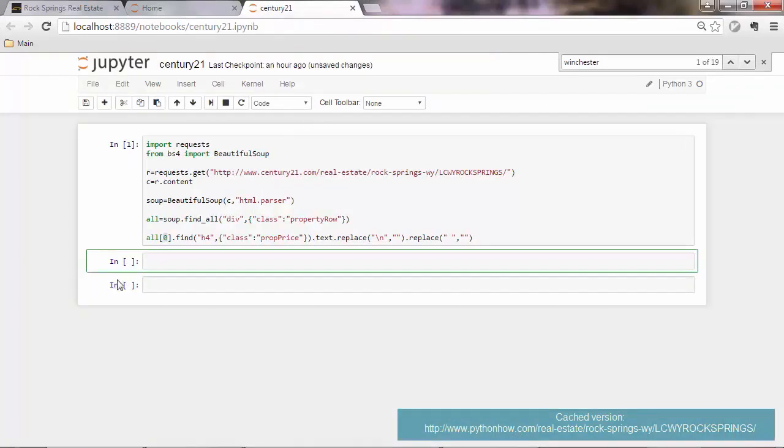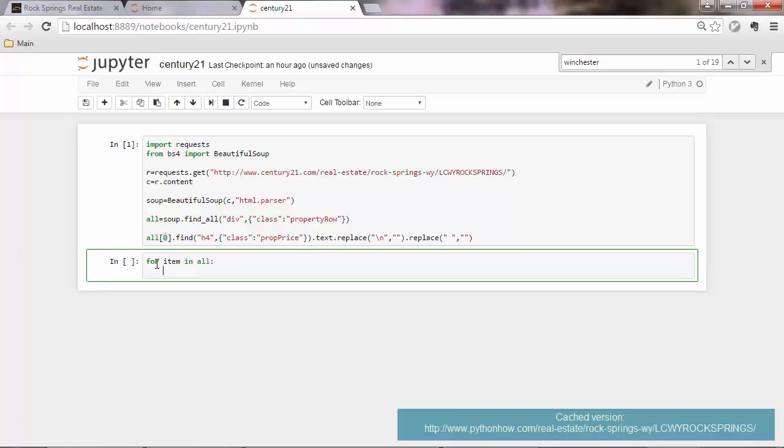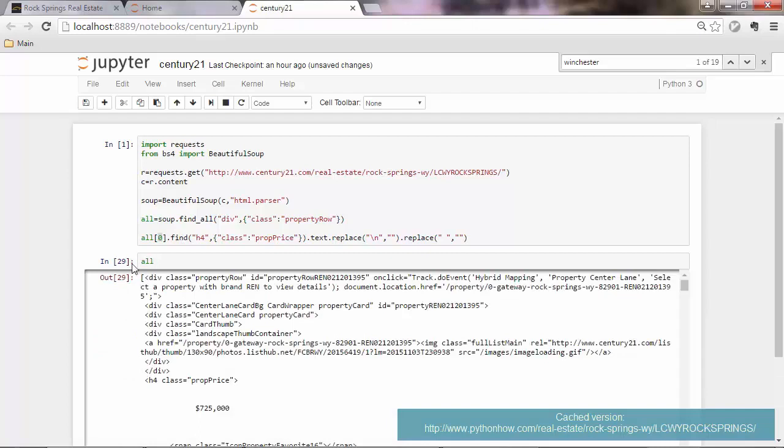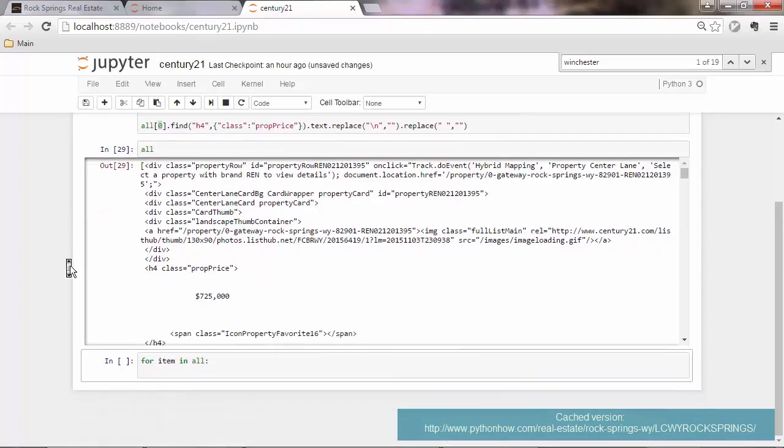So delete that, and for, let's say, item in all, okay. And actually I would like to keep the all printed out here so that you can see what all is. So if you forget of that for a moment, you're able to see what it is. So it's like a list. So for item in all,